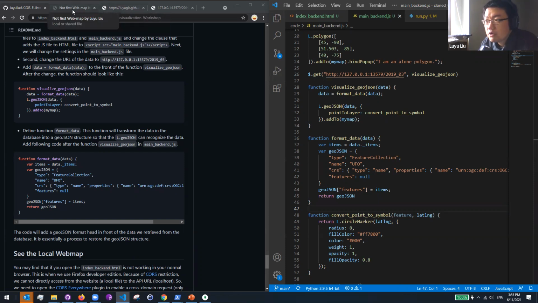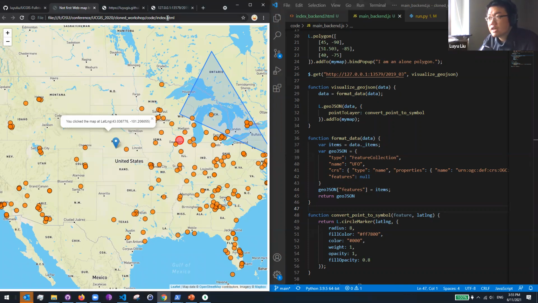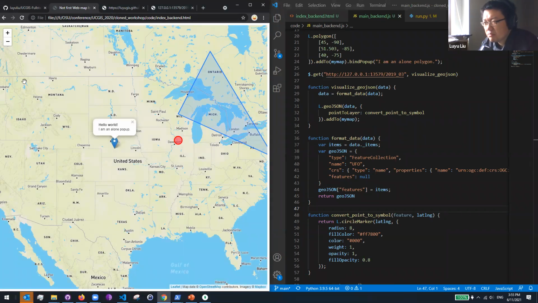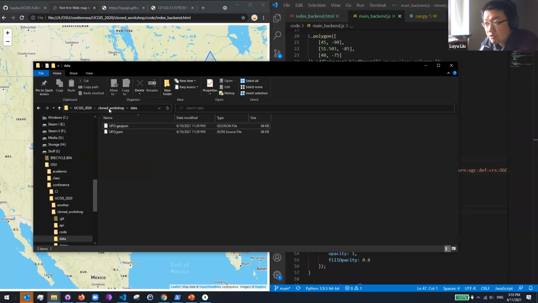Let's go to our web maps, which is here. Notice that we're looking at the backend version, so you need to change it to backend, right? Notice that nothing is popping up in terms of orange. You see nothing orange here. That is totally normal. Remember that we talked about CORS, right? We have CORS restrictions that do not allow us to request data from other domains, right? So this is where we need to resort to a different solution,